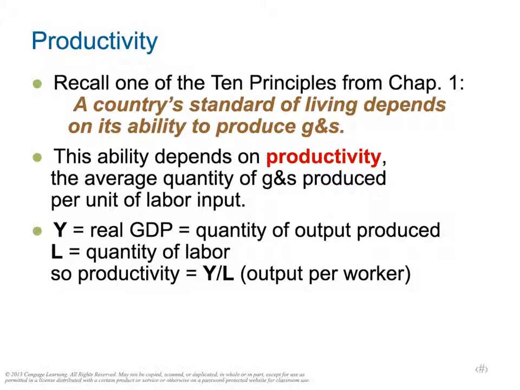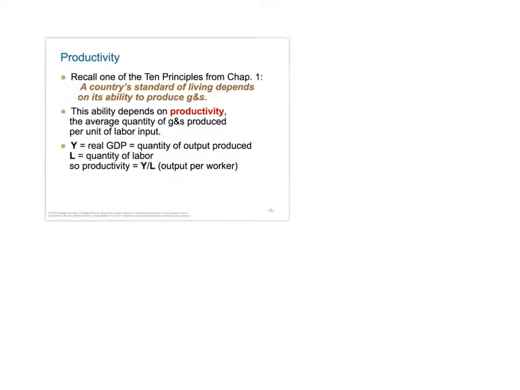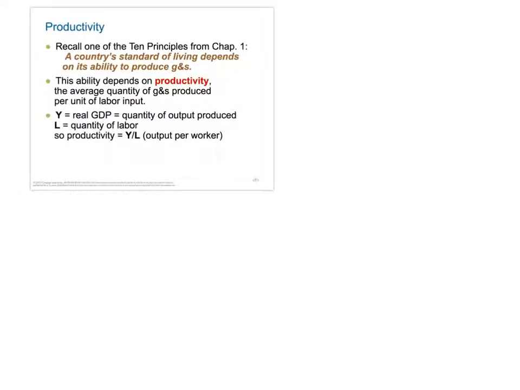Okay, the first thing we want to do is to look at why productivity is so important. And a country's standard of living does depend on its ability to produce things. And this is very similar to the concept that we looked at in Chapter 1. Okay? So if you think about it, the reciprocal relationship between households and businesses, the more households sell their factors of production of land, labor, and capital to businesses, the more then businesses can churn out in terms